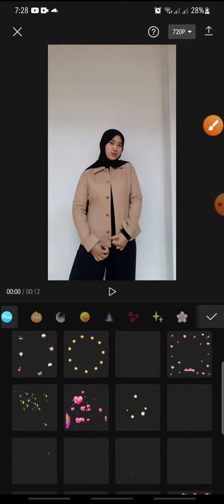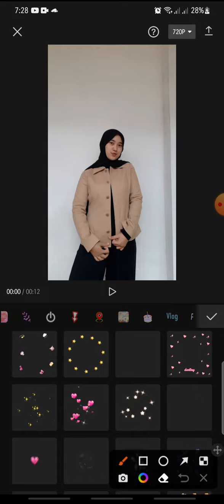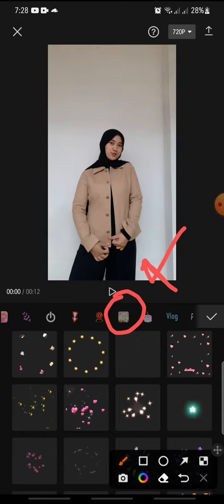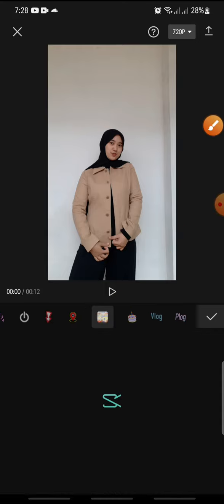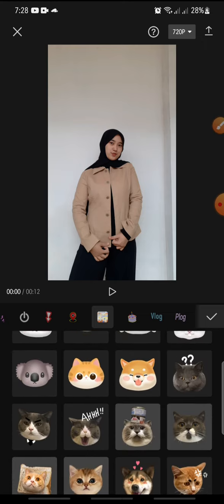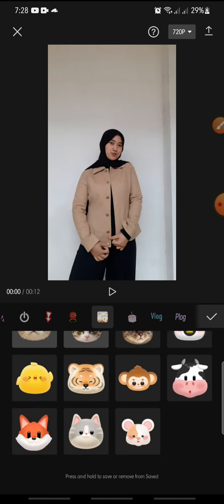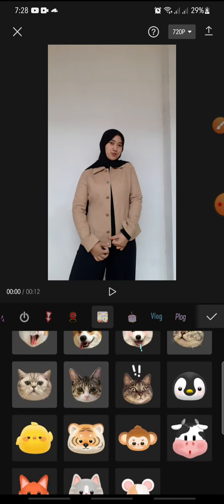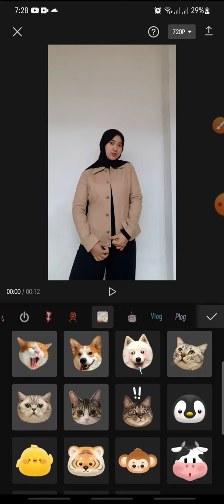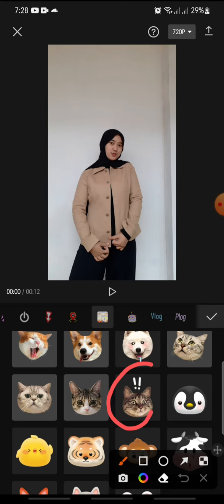And after this, at the menu, you can swipe until you can see mosaic menu. This is the mosaic menu, so you just click on it. And after this, you can swipe down, and in here you can see animal GIF. So you just add the animal GIF that you wanted to add. I wanna add a cat, so I just click on it,